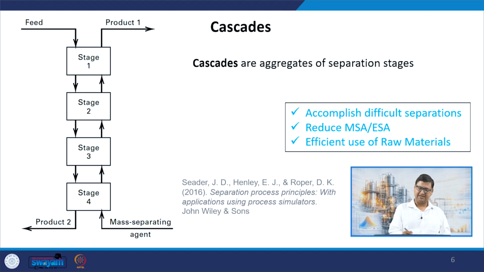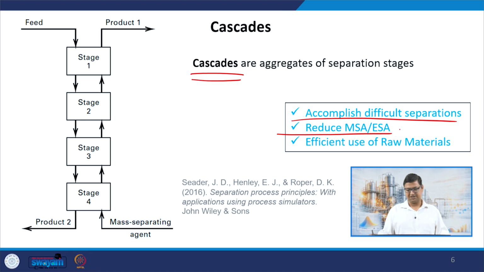So cascades are similar to what we had for the case of the multiple effect evaporator. My whole purpose remains the same as the single effect, but I want to get more efficient separation by introducing more effects, right? But sequences are to separate more components out by introducing multiple columns. So the fundamental advantage is that we can now accomplish difficult separations. We can reduce the requirement of the MSA and ESA, and we can therefore have a more efficient use of